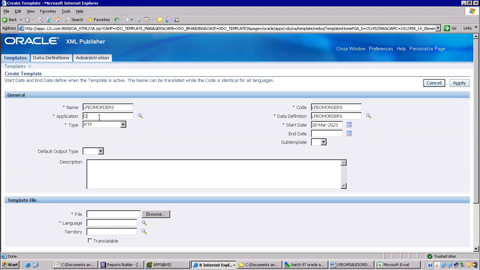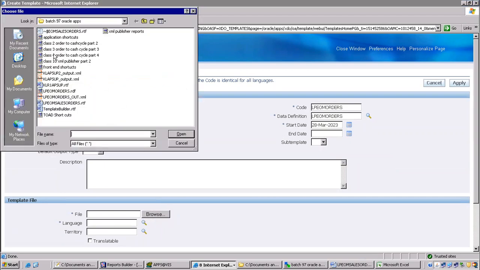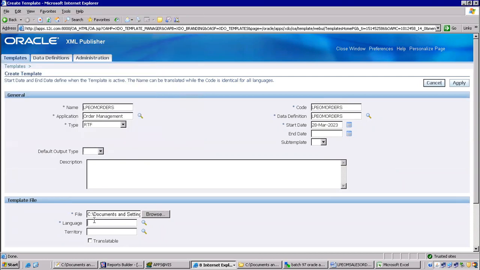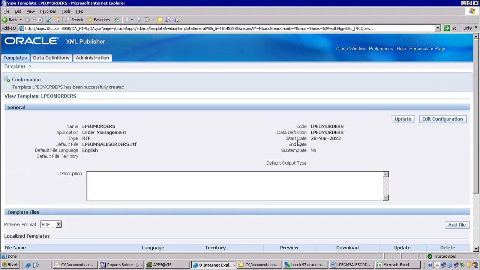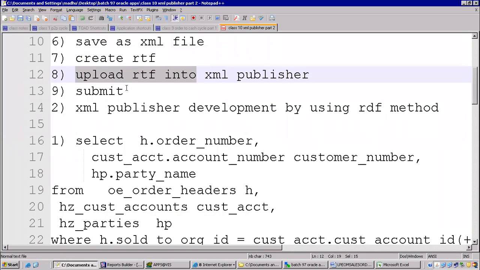Quickly we can restart, correct? Browse. Yes. Languages, English. Apply. That's it. Your registration is over. And the very last step is we have to